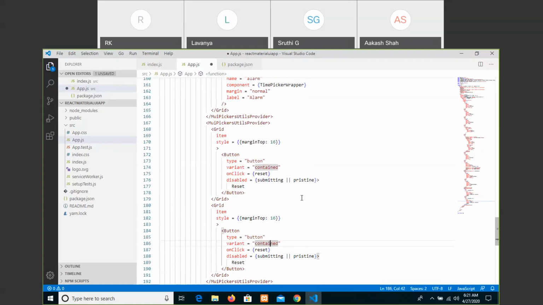Then we want style, we can also write color and that equals to primary and type submit here. So where is that? Okay.